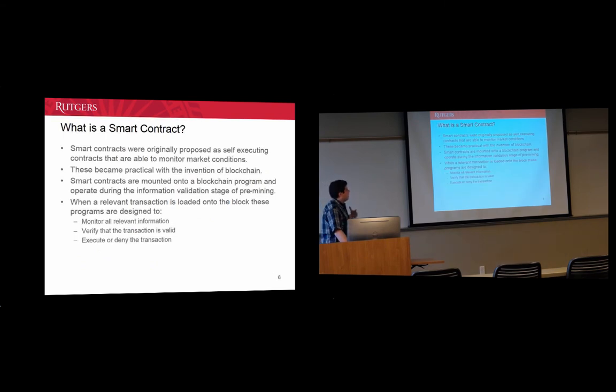You create a smart contract, and the smart contract is able to operate as an internal control. For example, if you have a situation where I need approval for a $50 reimbursement that I'm putting in, right? Traditionally, I could still file that reimbursement. It could get past someone in accounting. I could get the money back, and that was never authorized. But with a smart contract, if the data needs to get loaded onto the blockchain before accounting can release that payment to me, then in the validation stage, the smart contract